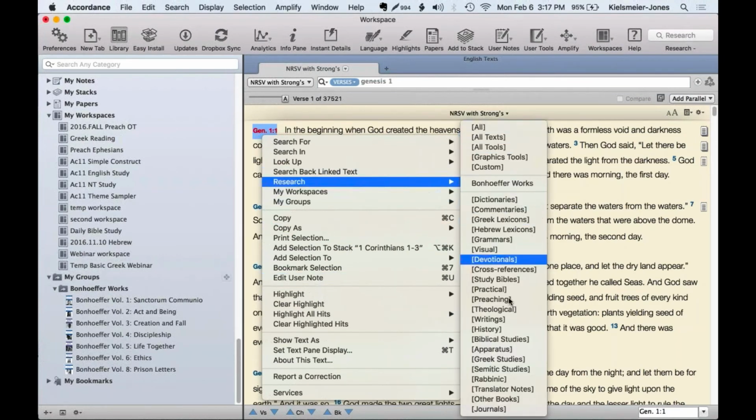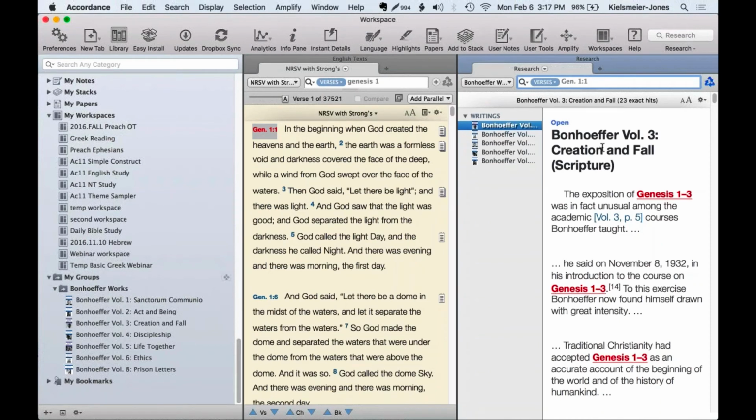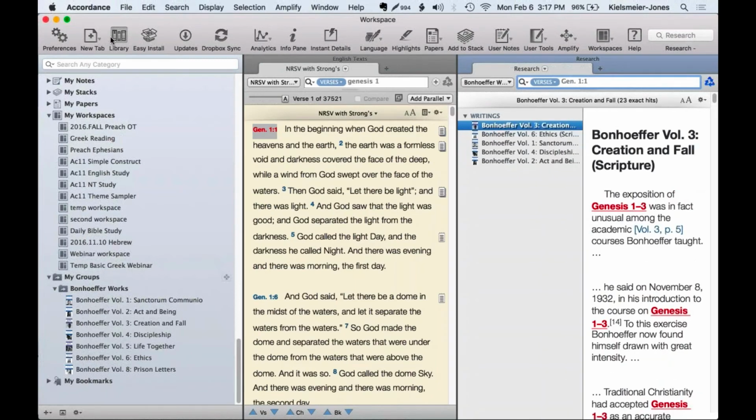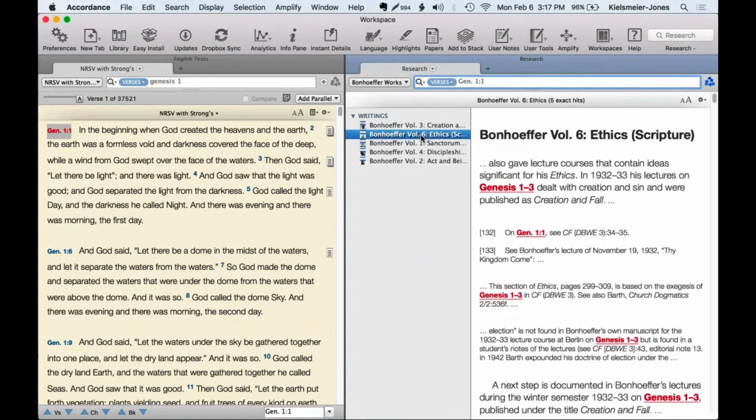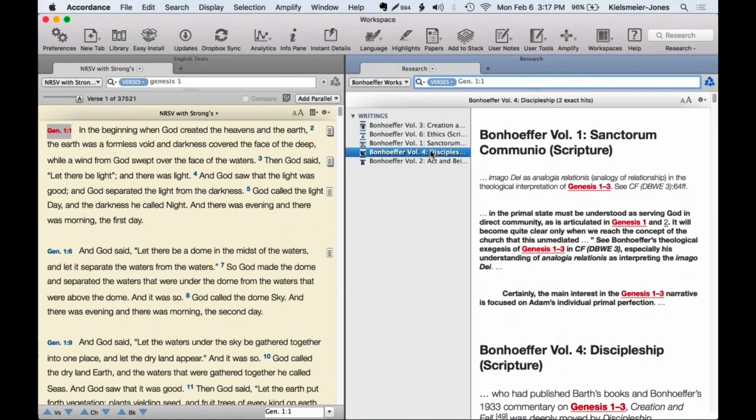And now it's going to give me all the default categories that I just showed you in the library, but right here, separated by those two faint gray dividers, it's giving me Bonhoeffer works. It's allowing me now to search all the Bonhoeffer works for Genesis 1:1. And when I click on that, I see, of course, as I expected, Creation and Fall, which is about Genesis 1 through 3, has some search results, but also his Ethics talks about Genesis 1:1,